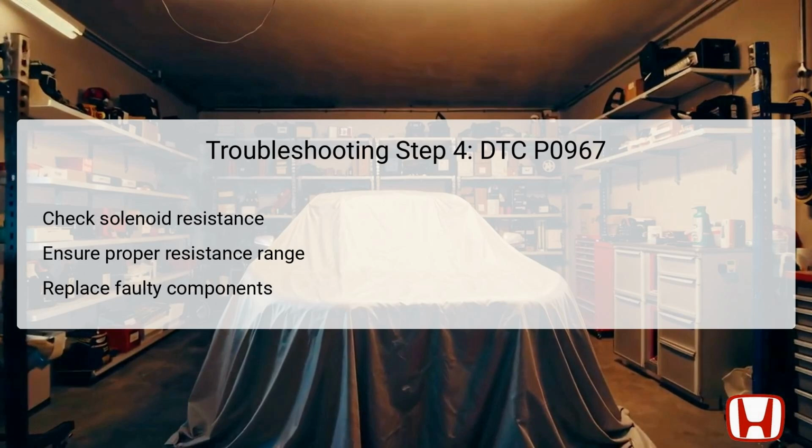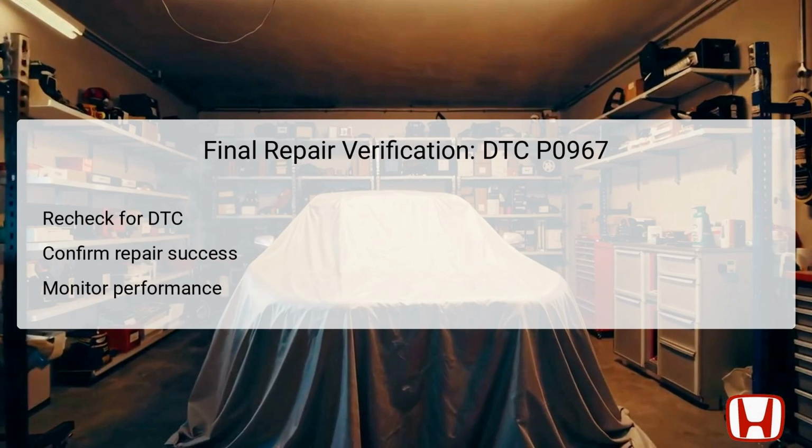A normal resistance range should be between 4.9 and 6.6 ohms. If the valve shows resistance within this range, it indicates that the solenoid valve is functioning correctly, necessitating the replacement of the solenoid wire harness if a fault remains. However, if the resistance is outside the correct range, it indicates a faulty valve, requiring a complete valve body replacement to resolve the issue. After completing the necessary repairs for DTC